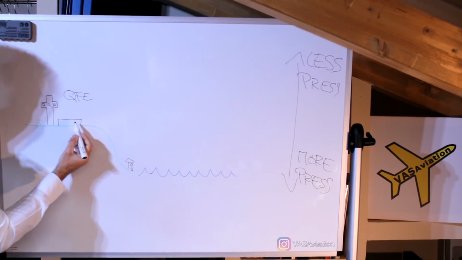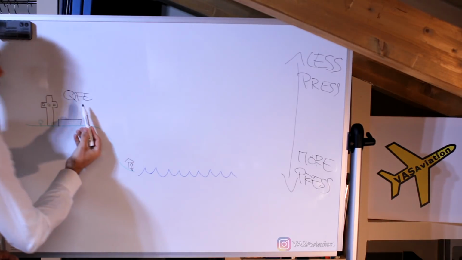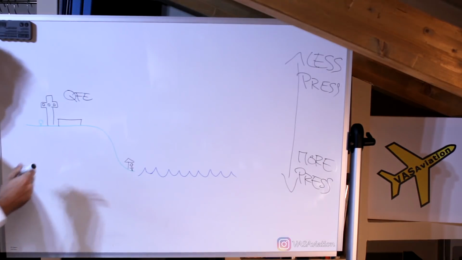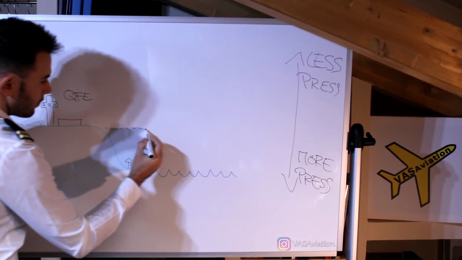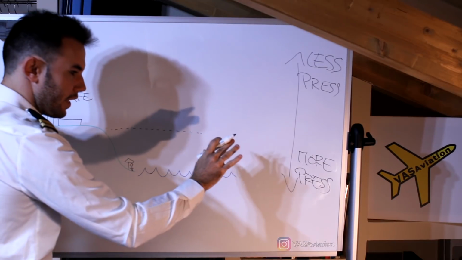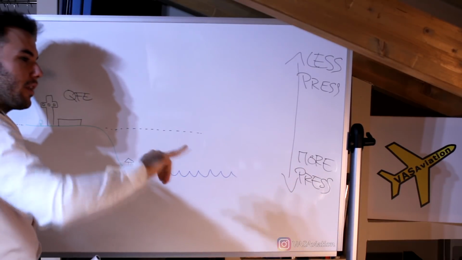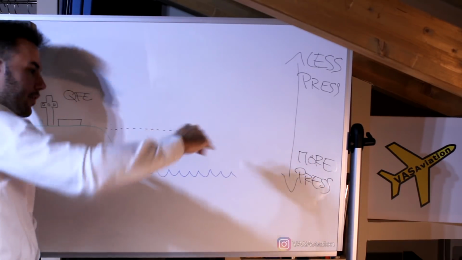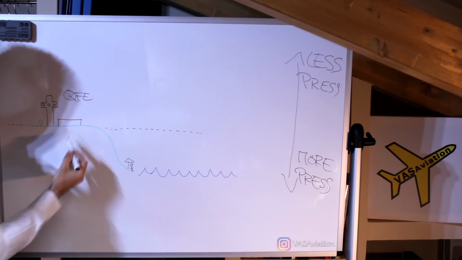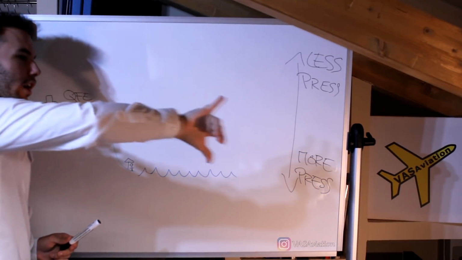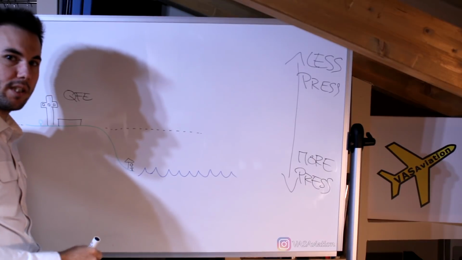Imagine we have the airport. This is the airport and we have our aircraft here sitting on the airport and we set QFE. So QFE will be across here, whatever the pressure is. So our altimeter instrument will measure the level from the aircraft to the QFE datum. So if we're sitting right here, the difference between our aircraft and the QFE datum is 0. So the altimeter instrument will read 0.